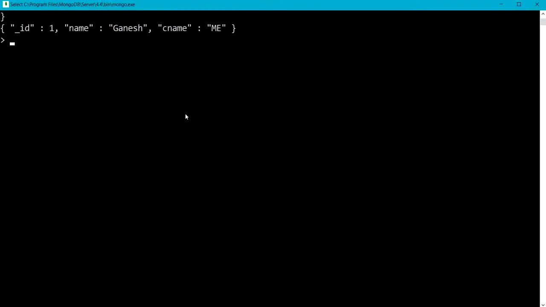So let me write db.student.update. The query criteria is assignment status completed, and for the modifier document, as per syntax, I need to use $set and the field value I want to update.